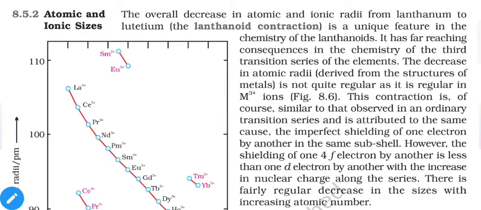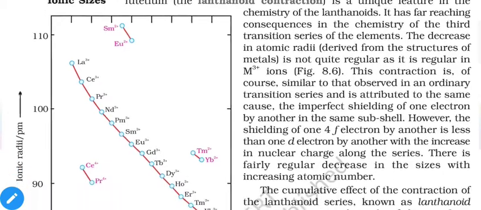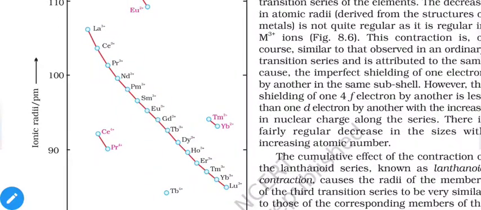Overall decrease in atomic and ionic radii from lanthanum to lutetium, which is known as lanthanoid contraction, is a unique feature in the chemistry of lanthanoids. So here a graphical representation is mentioned. As we can see in this graph, as the atomic number increases, their radii are shrinking, and the shrinking is